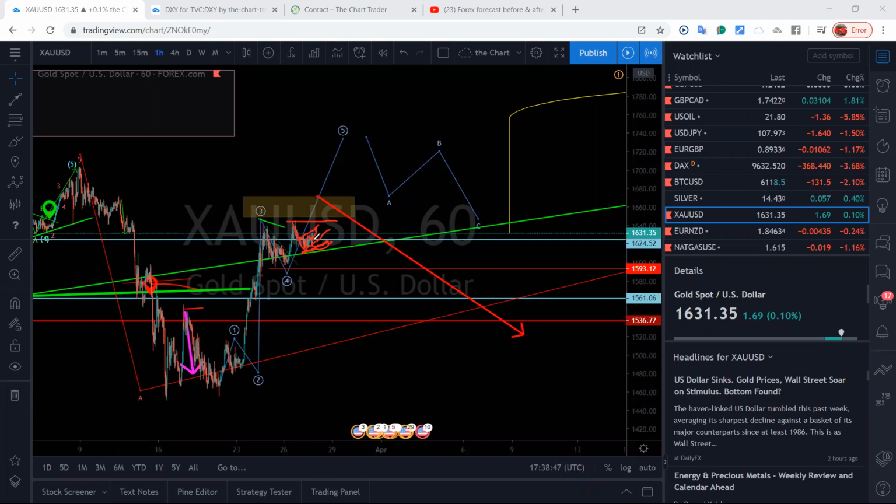If you are a seller, you put your stop loss above the top. If you are a buyer and you see them going to the upside, you put your stop loss below this bottom and keep it, because they can go to the upside. I told you again, they may then start the big correction, go to the upside, and then do like this and continue to the upside. For now,